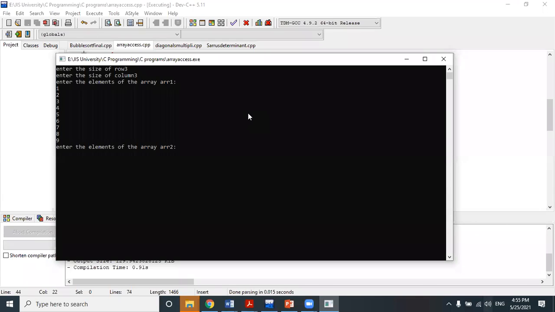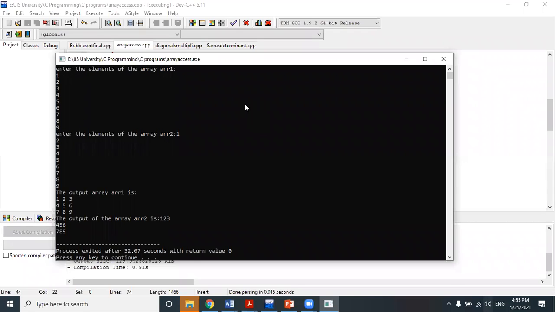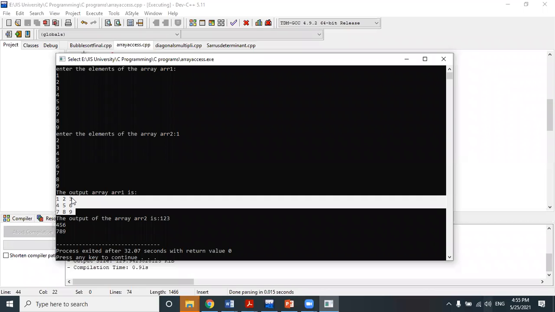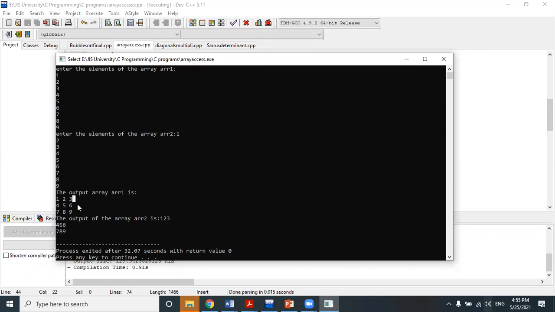Now array 2 will also require 9 elements: 1, 2, 3, 4, 5, 6, 7, 8, 9. So this is the array 1 matrix, simply looking like a matrix. Why? Because of the new line. Each new line is placed after 3 elements are printed.